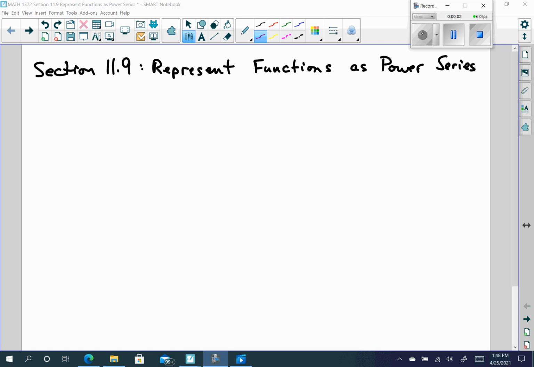Section 11.9, we are now taking a look at how to represent functions as power series. So we saw back in section 11.8 that the sum of x to the power of n as n goes from 0 to infinity, if we start to write this out, x to the 0 is 1, then we have plus x to the first, plus x to the second, plus x cubed, and so on,